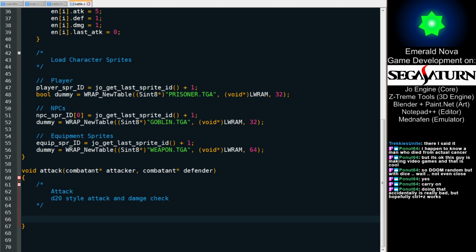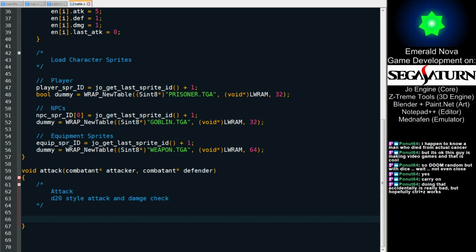Is it under math? I bet it's under math. Joe Rand. Yep. So Joe Random, the argument is the maximum value, and you'll generate one to max. Okay, that's exactly what I want. So int check is equal to